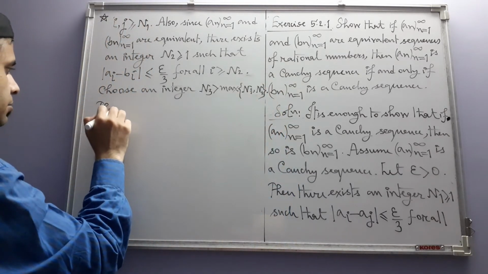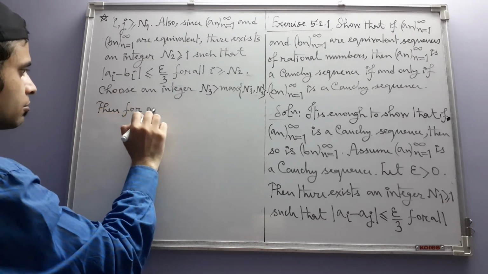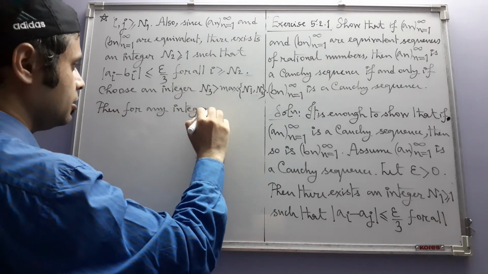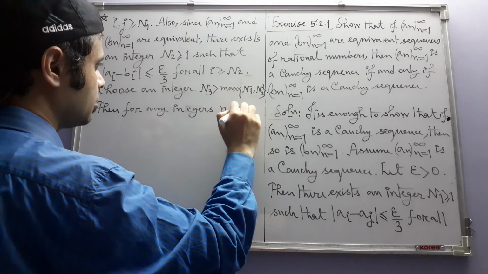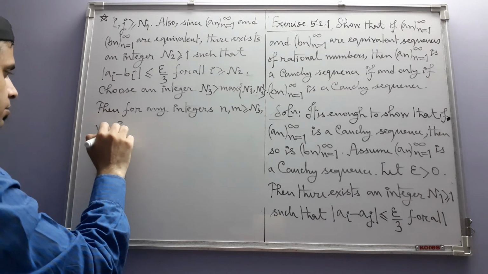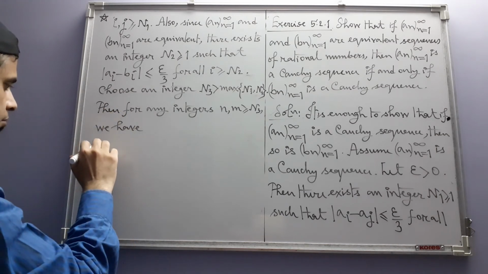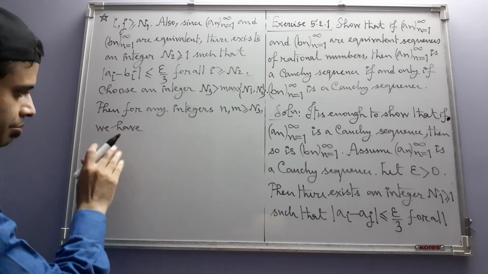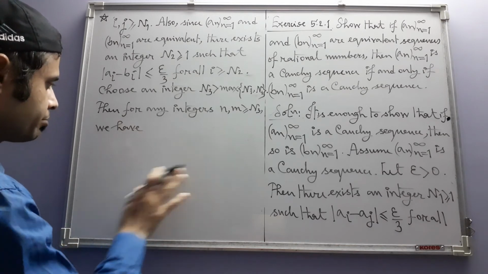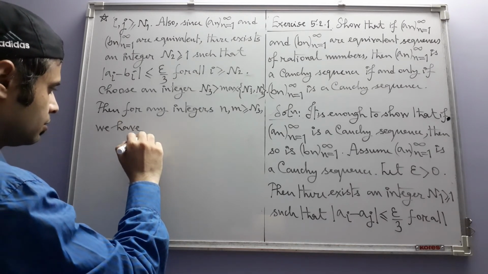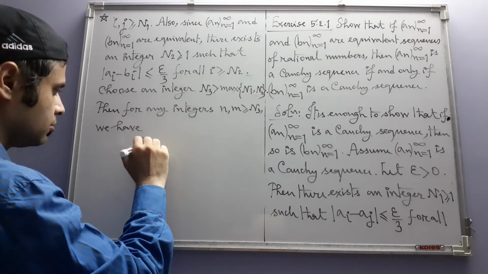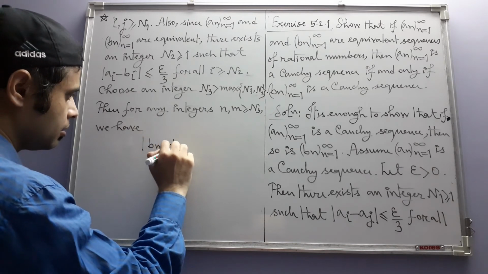Then for any integers n and m greater than or equal to n3, we have, let me write it in the middle, the calculation, that way it will be more prominent. The distance between bn and bm,